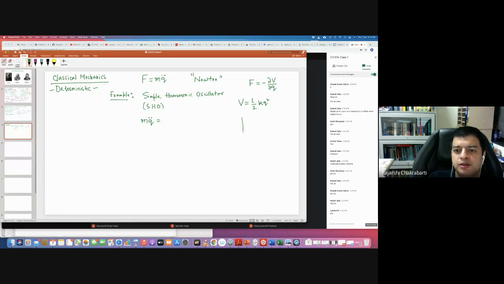So the idea is as follows. I have a rigid wall and I connect a ball with a spring to this rigid wall, and the spring constant is k, and q is the displacement here. So basically I can have a situation like this. This is q, this distance is q naught. This is the equilibrium distance, the unperturbed distance. And you can have a situation like that, you stretch it, which is q. You can also have a situation when you compress it. This is also another q.